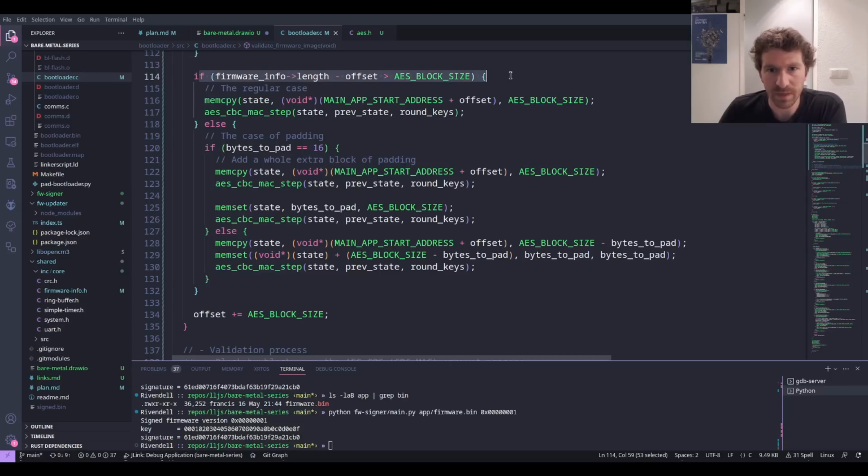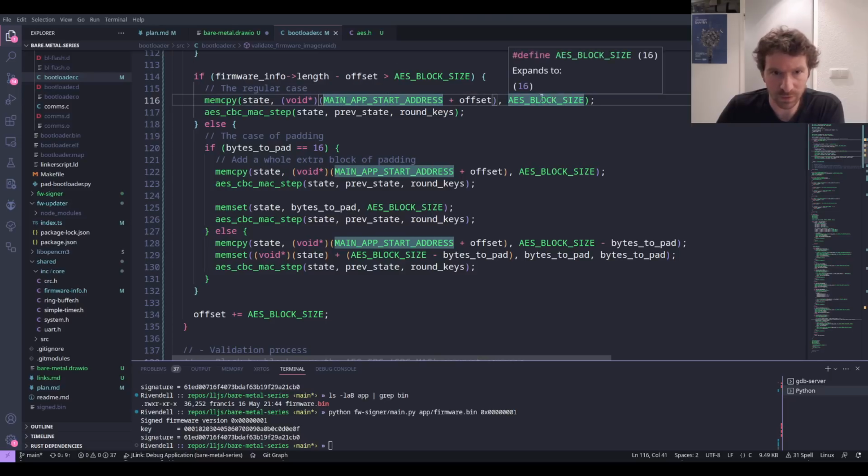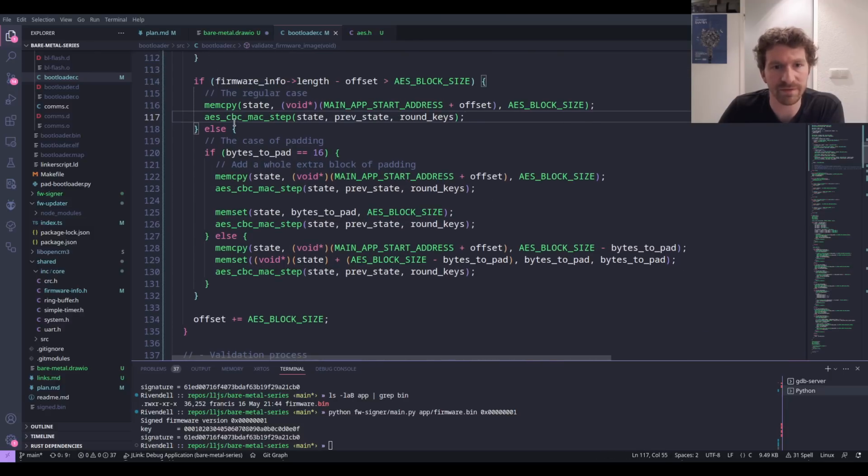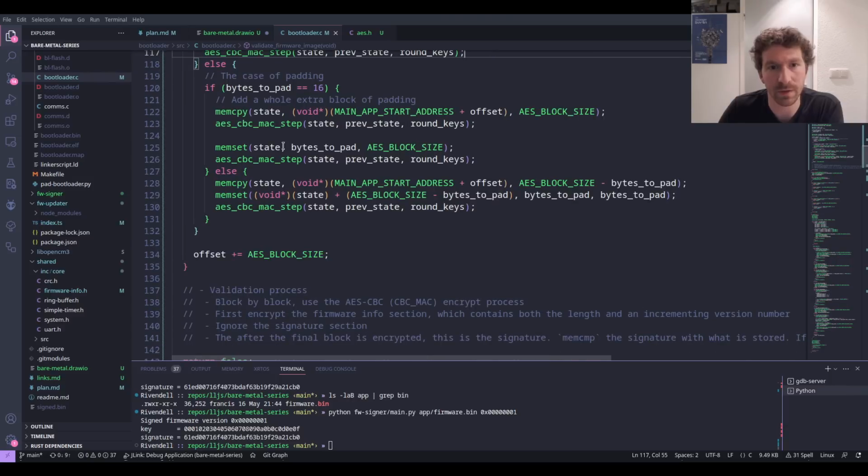But otherwise, we're going to check that we have a regular number of blocks left, more than 16 bytes available to encode. If we do, we will copy from the flash at that offset into the state an AES block size. We will run the encryption on that. And then if it's an unusual case where we need to do the padding, we'll check, do we have an even number of bytes? We don't have this condition right now, so this isn't going to happen in this code, but it could happen in the future. In this case, we will